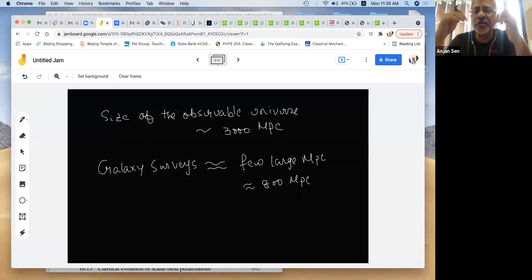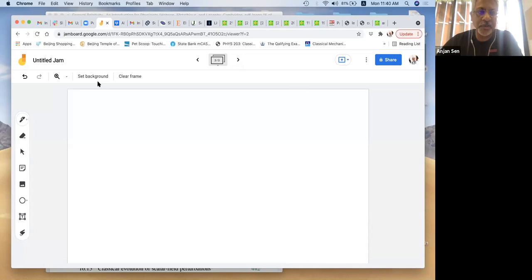The size of the observable universe, that is, so that I can receive light in the age of the universe, is roughly around 3000 megaparsec. And the kind of galaxy surveys that we have around present time usually have a sky coverage of around 700, 800, 900 megaparsec, a few hundred megaparsec. Okay. So that is roughly the kind of size that we can talk about, in terms of this megaparsec. Okay. So now, given that,